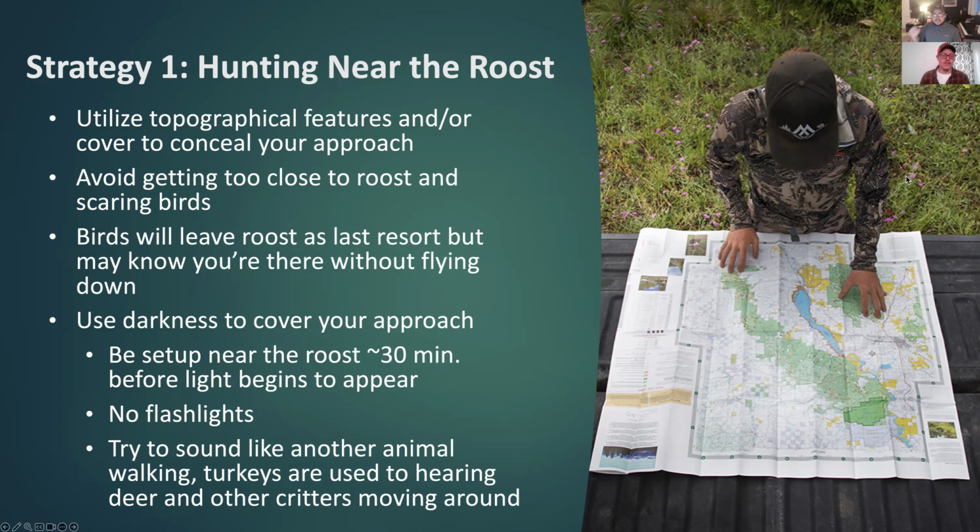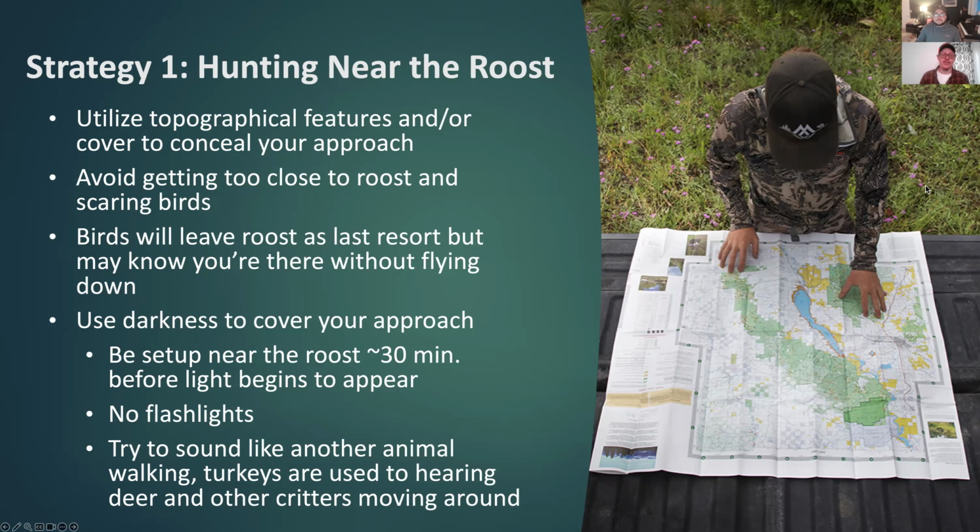And for me, one of the best ways to conceal my approach is to make sure that I'm early enough. Because turkeys do have awesome, awesome eyesight, but they need light. They don't have very good nighttime eyesight at all. So if there's no sunlight at all and you're moving like an animal, so stopping, starting, they can't tell whether you're a possum, a raccoon, a wild boar, a Sasquatch, Mothman. You could be anything. A turkey can't tell as long as it's dark. As soon as we start getting a little bit of light and you start getting close, they can definitely tell.